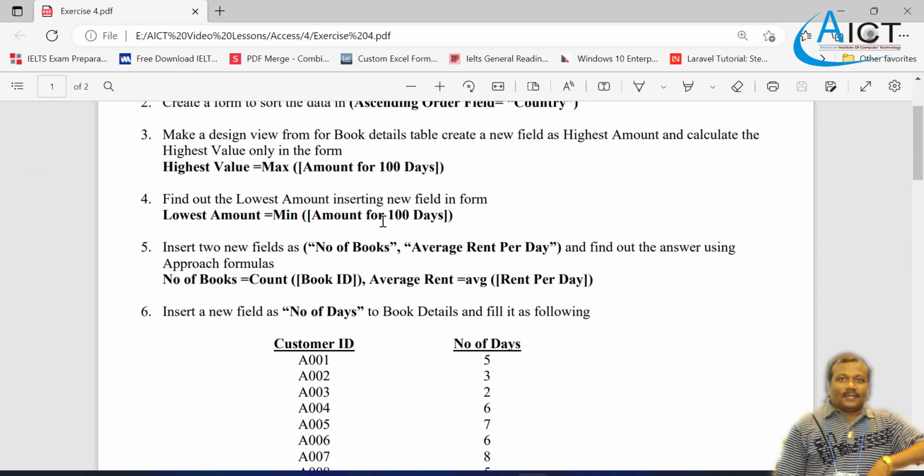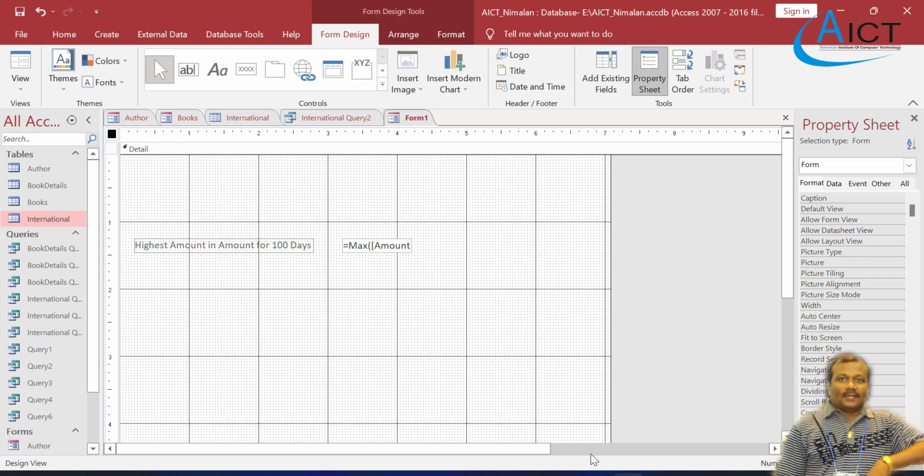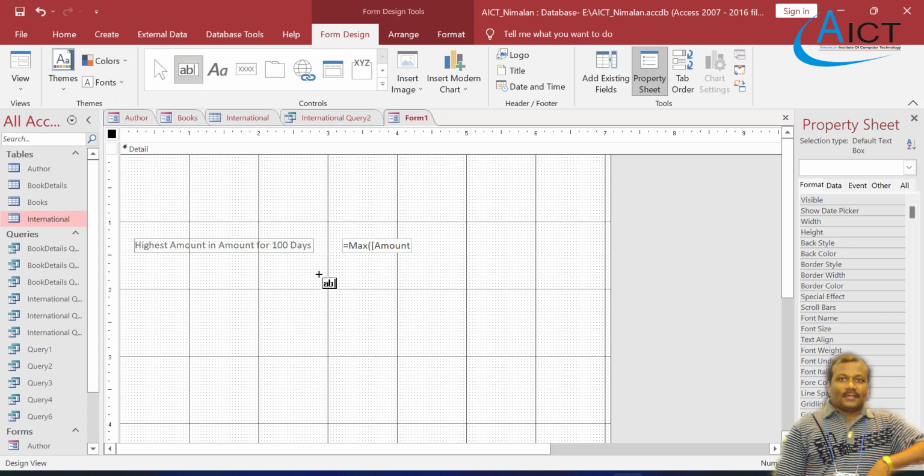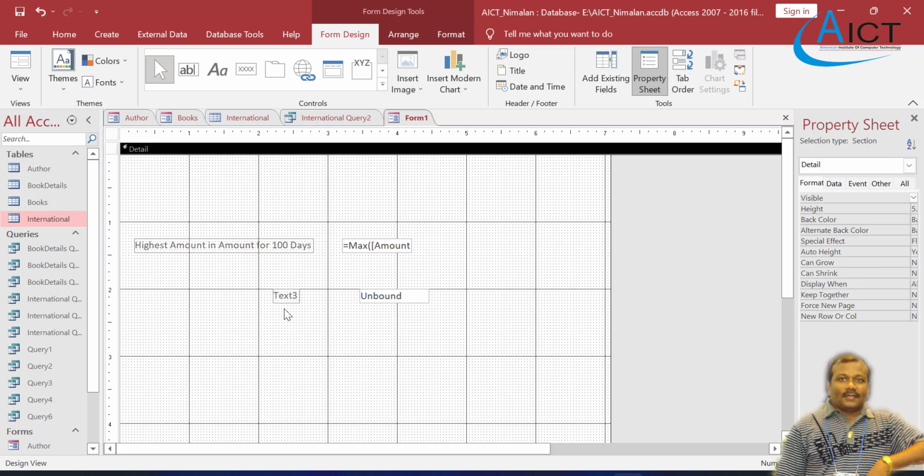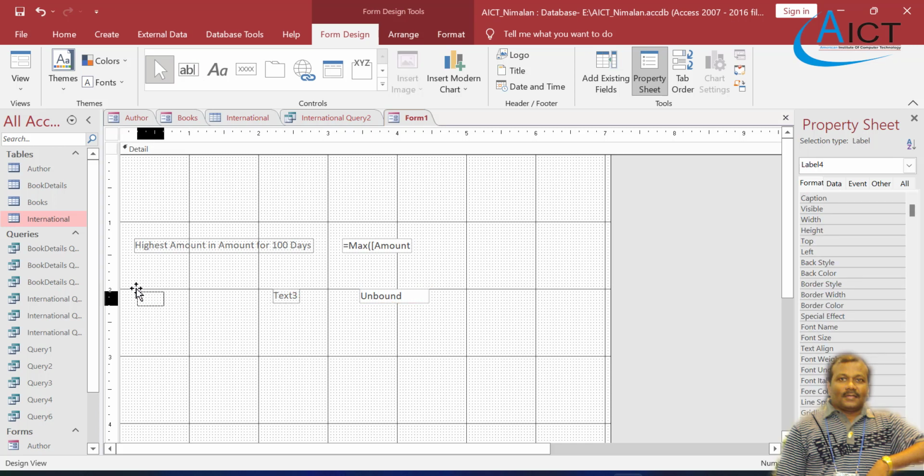Find out the lowest amount. It's the same as we have to find out the lowest amount. So drag a text box here and say lowest amount in amount for 100 days, and click down and you have to type the formula equal MIN, minimum, open bracket, open box bracket, from the